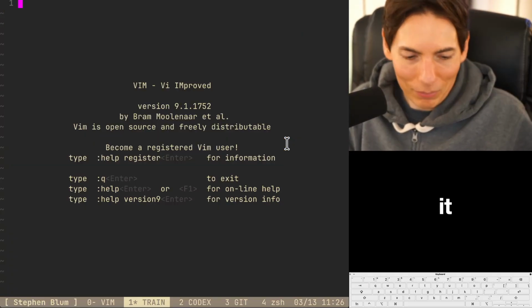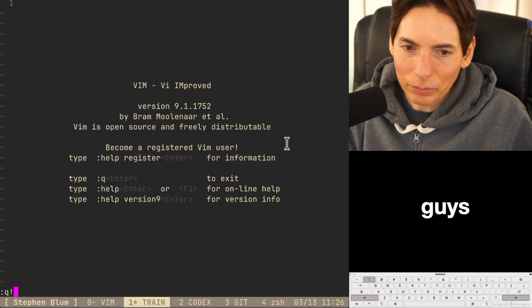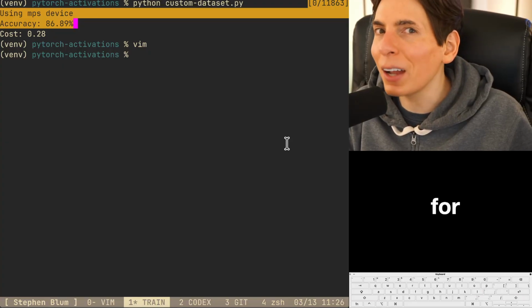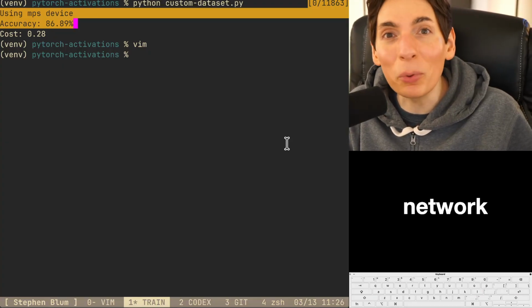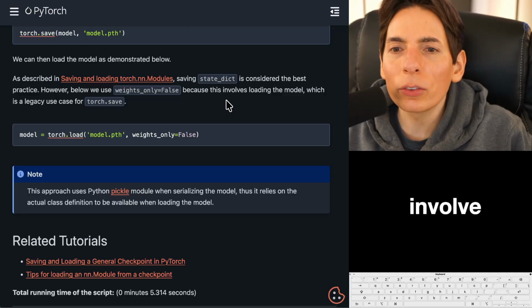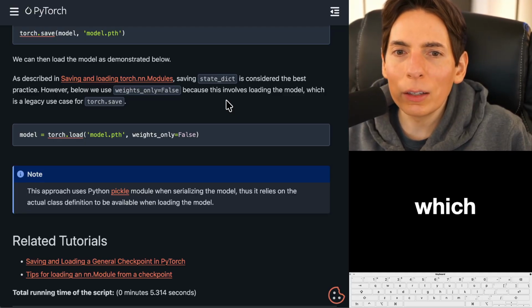GGs, we did it. Success, you guys. 86%, pretty good for a non-convolutional neural network, a simple deep learning model. It's considered best practice. However, if you use weights_only=False, because it involves loading the model, which is a legacy